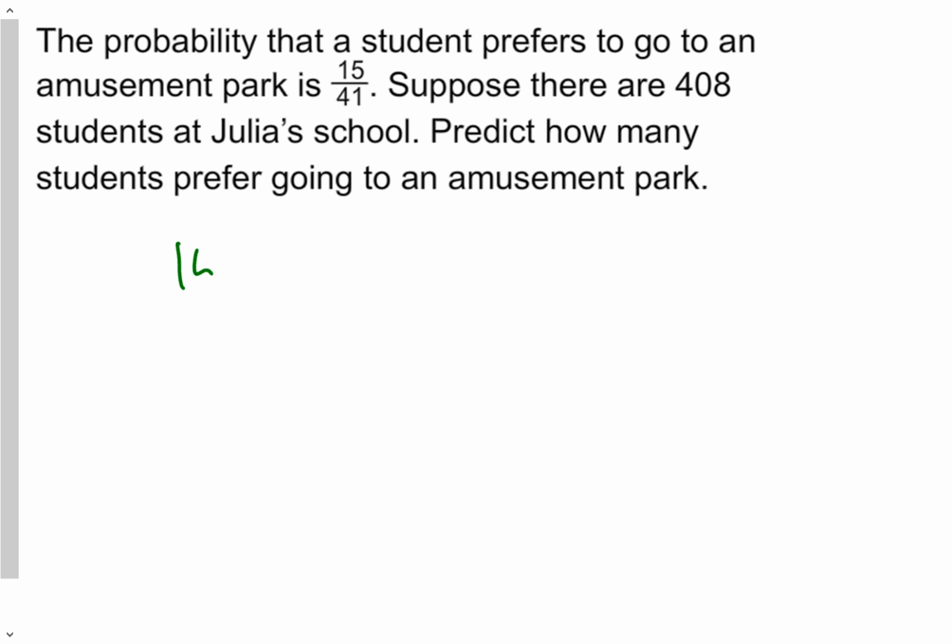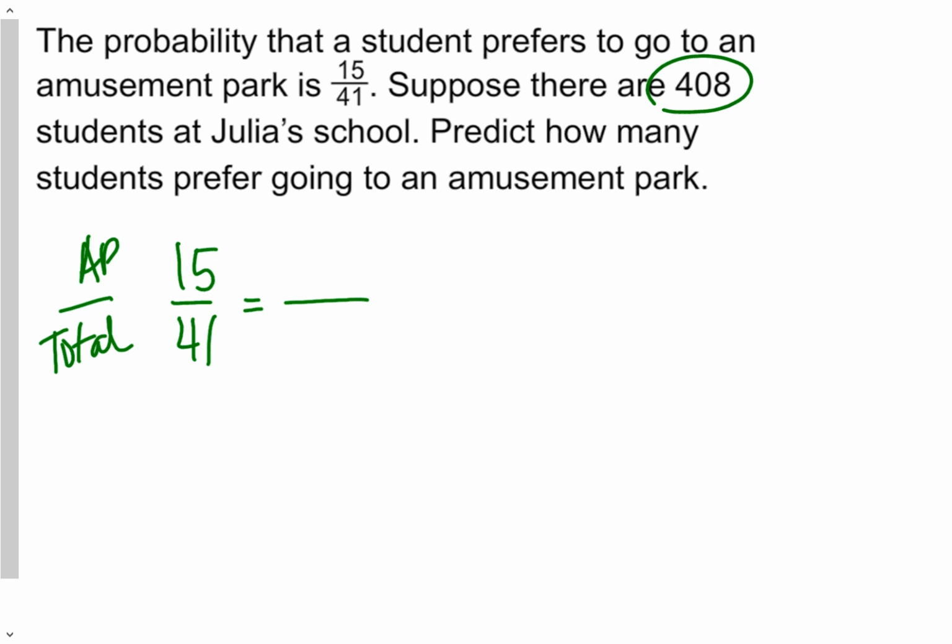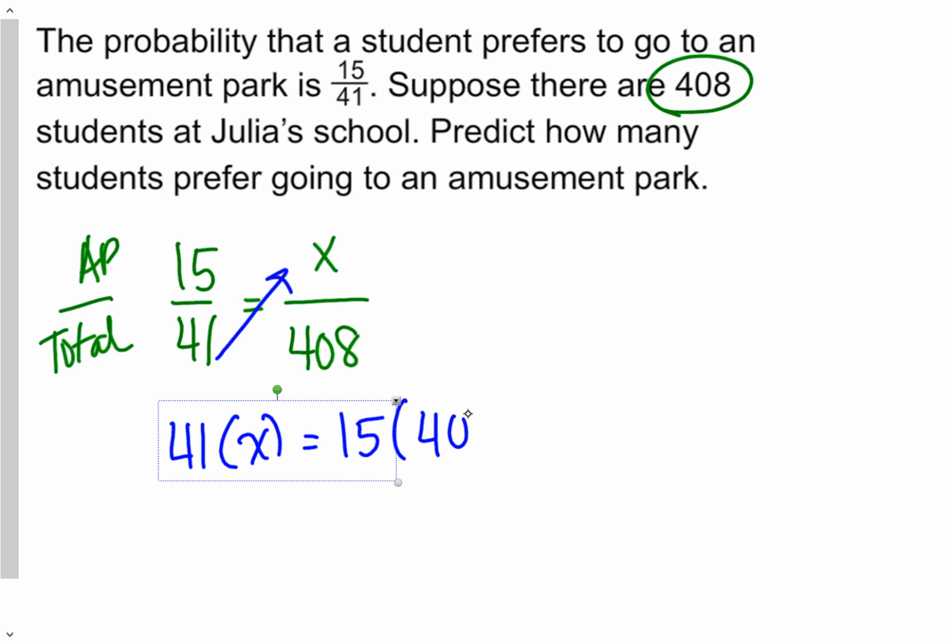So remember, our 15 over 41 is our amusement park over our total amount of students. And we're going to set that equal to x over 408 because 408 is the total amount of students at her school. So now we're just going to set up our cross products. So 41 times x and 15 times 408. Now you're going to solve these cross products. So 41x equals